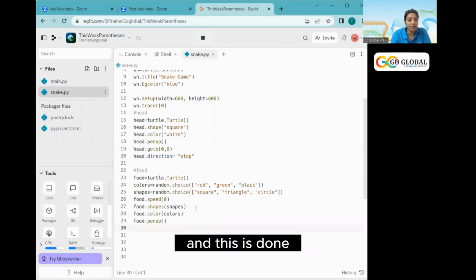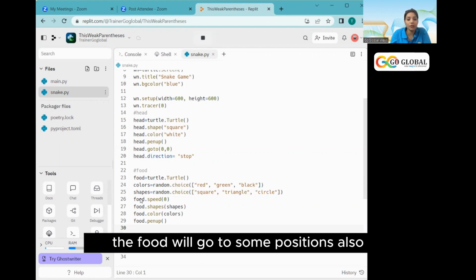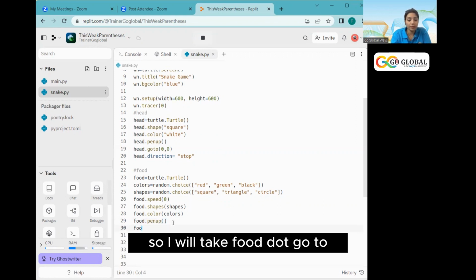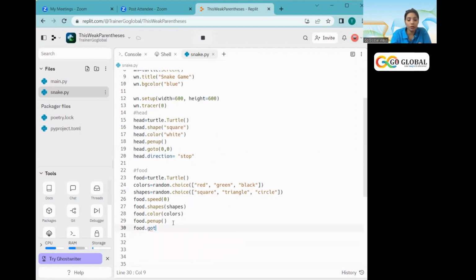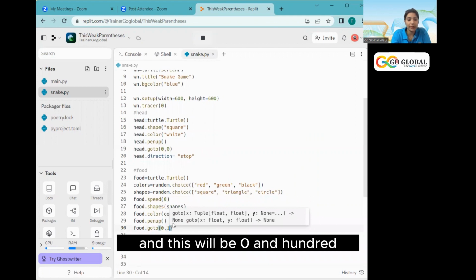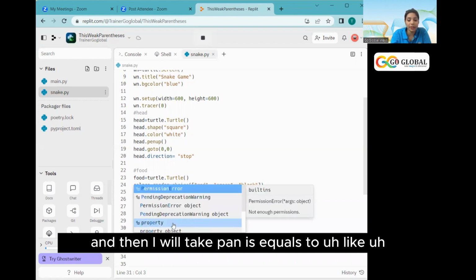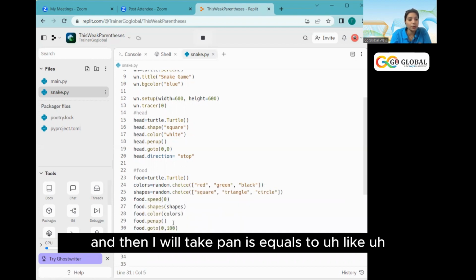And this is done. Now what we want is that after pen up, the food will go to some position also. So I will take food dot go to, and this will be 0 and 100. So the first position for the food will be 0 and 100, and then I will take pen equals to